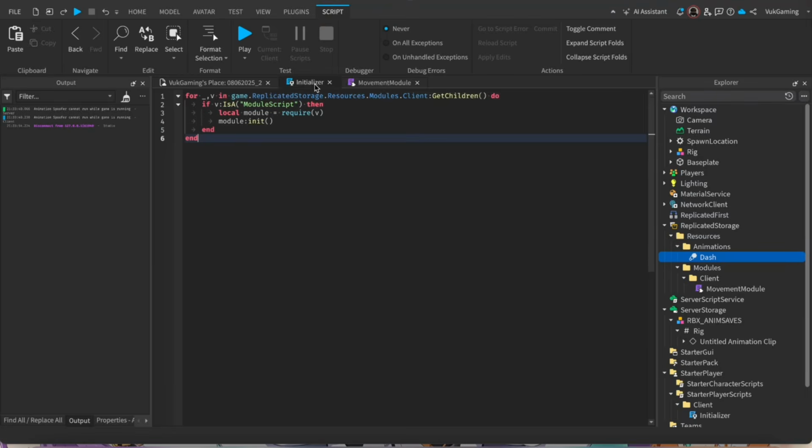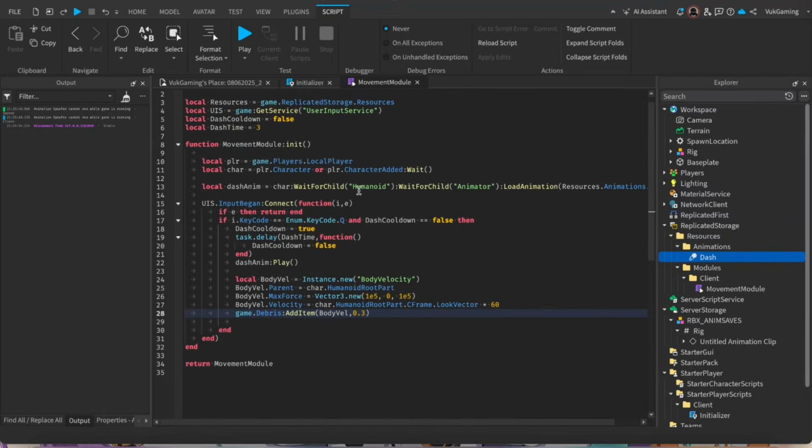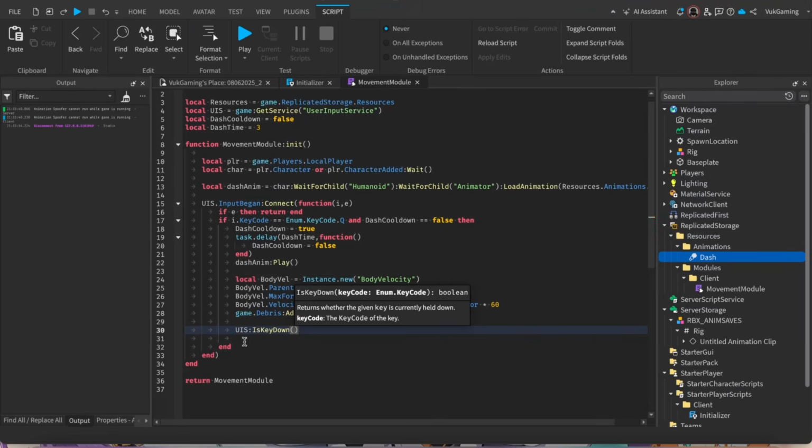Now what we can also do is make it so that depending on what key we're holding, we can detect where to dash, whether it's left or right, or what type of key we hold. To do this, we can use something called IsKeyDown with the UserInputService, so let's do UIS:IsKeyDown. As you can see with these two dots, we can detect if, let me just do this, if IsKeyDown,